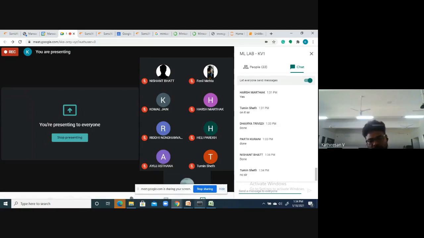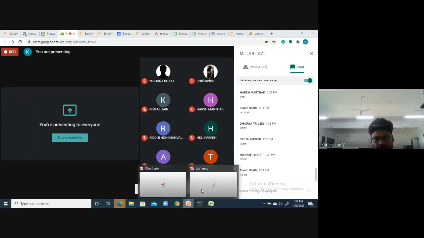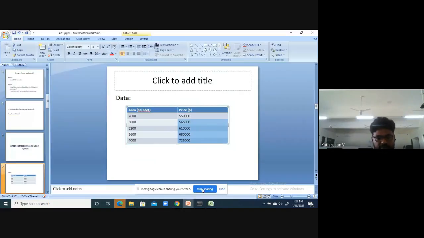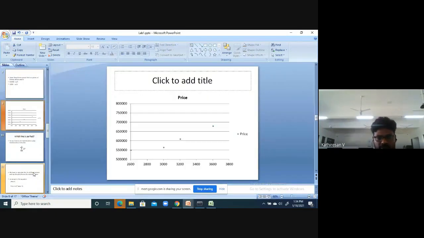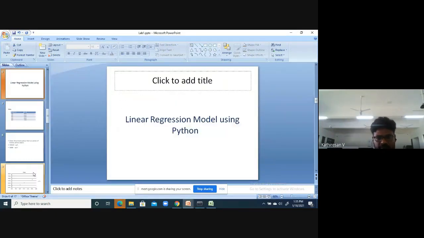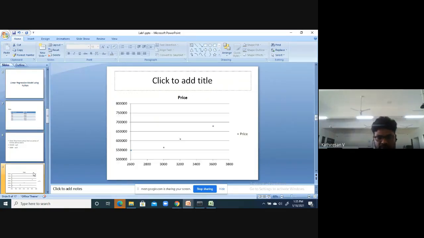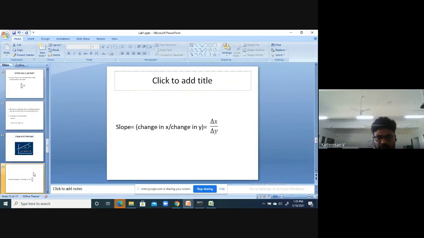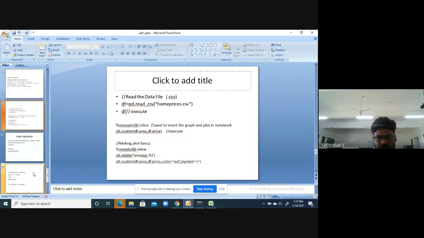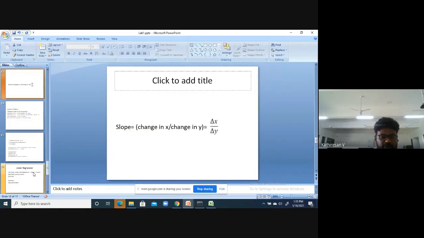So once you have done that, what you need to do is import this particular CSV file to the working environment. For that, we have to use Python code.